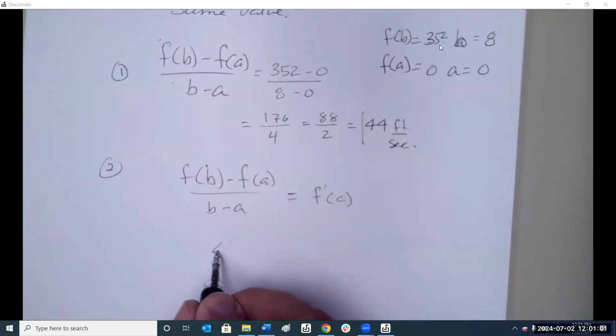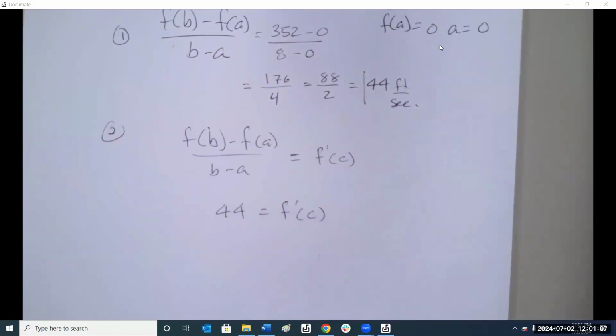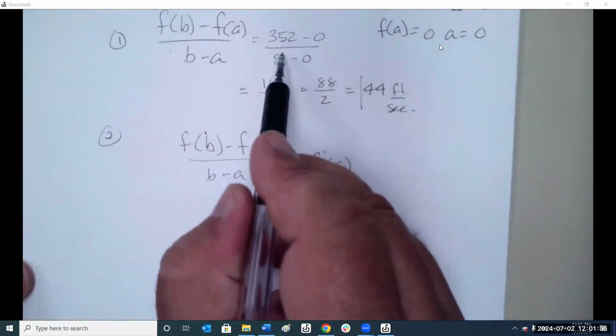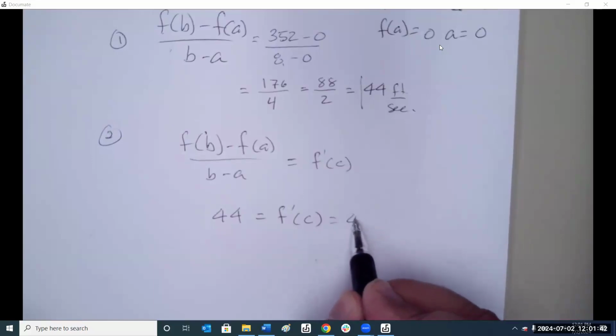So what it's asking is, is the rate of change somewhere between there exactly 44 feet per second? Has to. It just so happens at the end point,